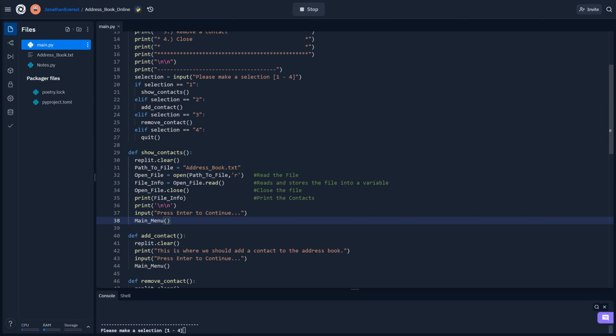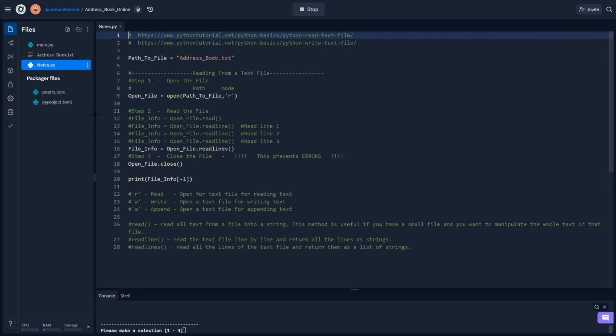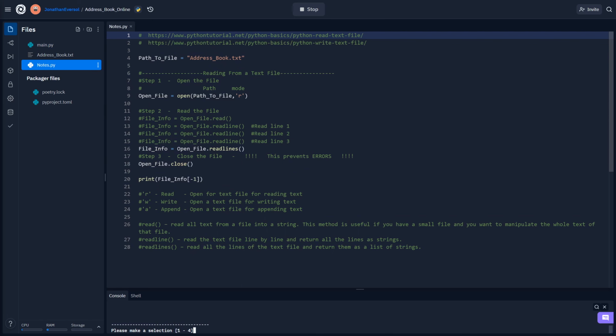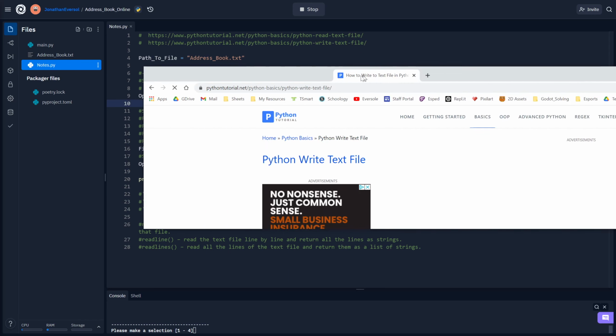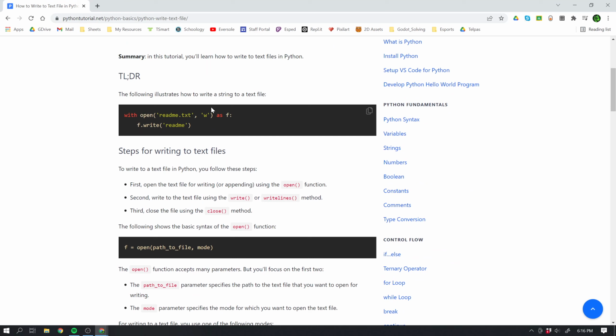So the first thing we're going to want to do is refresh our memories on how this actually works. I don't think we've actually gone over it. At the top, I had two links for you, 1 and 2. The second link is the one that has notes on how to actually write to a file. So I'm going to copy this link, and over here I'm going to go to this page and we're going to take a look at it,